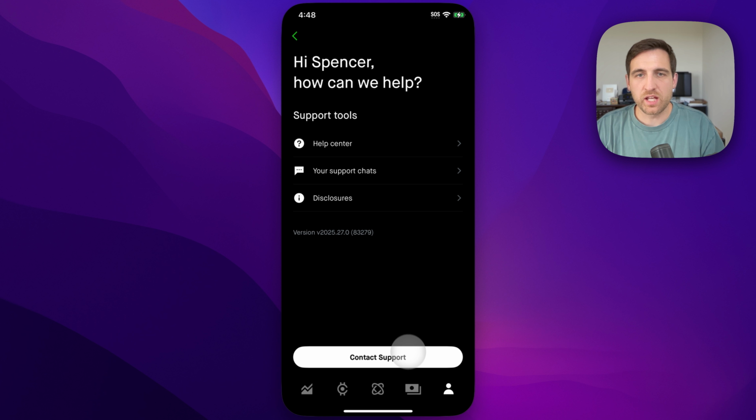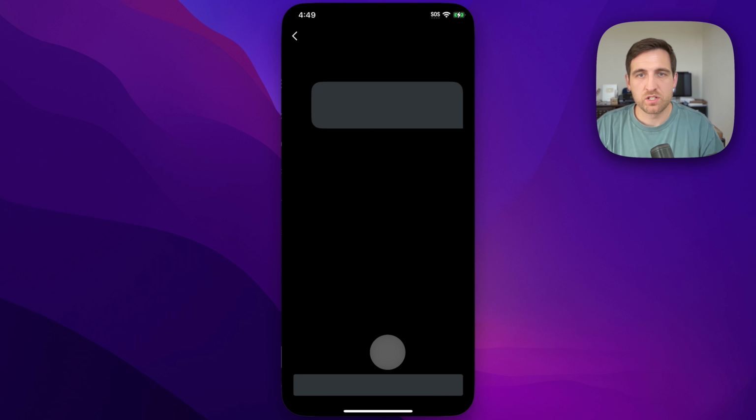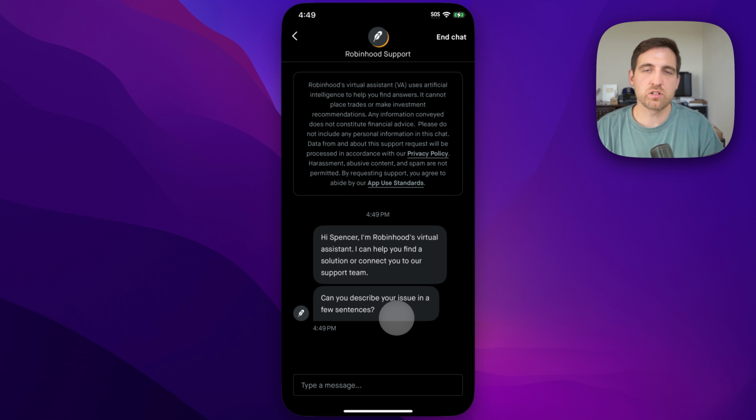Now when we click on that, it's going to give us a couple of options here. Like you can go to the help center, you can look at your support chats that you've had before. There's also disclosures here, and then you can contact support here at the bottom. So when you click on contact support, that's going to open up a new support chat, and you can type